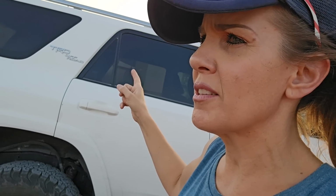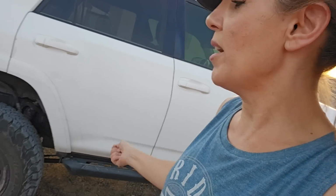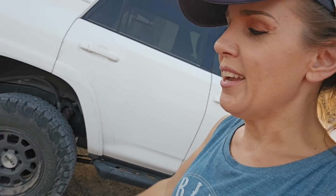They would have been completely covered in mud afterwards, which is another reason why I would maybe get a roof rack on my next Forerunner, just so I don't have to carry stuff like that in the vehicle. You know, it's dirty. Anyway, we tried piling in rocks and sticks and stuff, and it just kept digging in